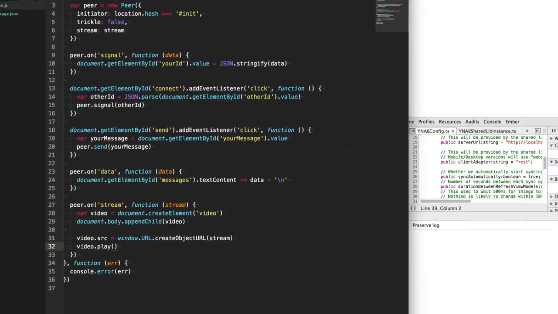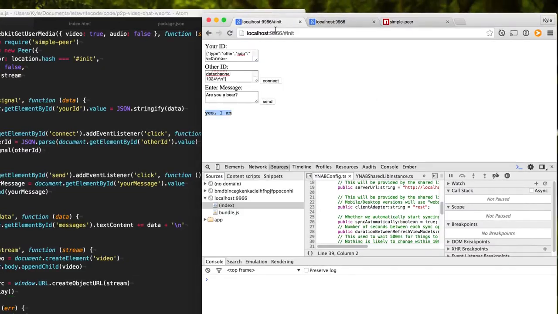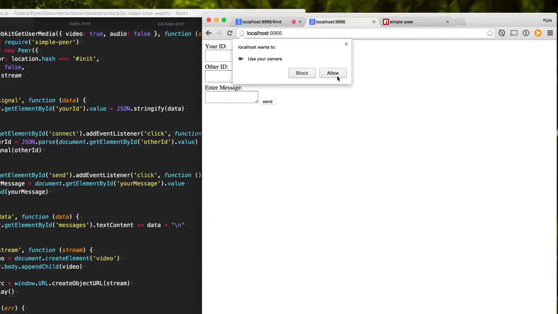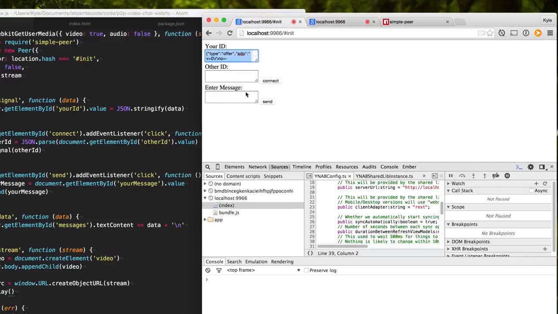So now we're ready to test it. So we'll go here to the page and we'll refresh our init. It'll ask us if we want to use the camera, and we'll hit allow. And so now I am streaming my video out, but I don't have any peers, so I'm going to wait for my ID. Okay, I got my ID, so I'm going to copy and paste that. I'm going to refresh this, and it's also going to ask to use the other peer's camera, in which case I'll paste in my ID. Now I have the peer's ID, so I can paste that into mine, and we should hopefully get,